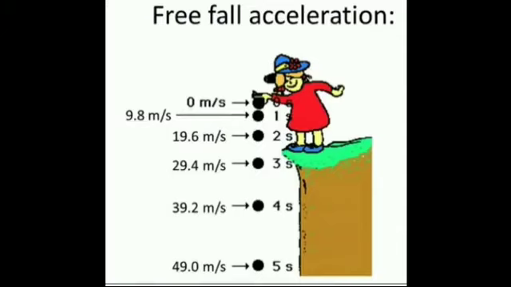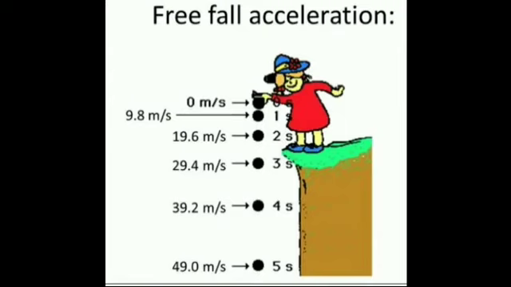The time t: v is equal to u plus gt. Here v is the final velocity, u the initial velocity, g gravity, t time. So y is equal to ut plus half gt squared. It is the distance y from the hilltop. v squared is equal to u squared plus 2gy. That's all.